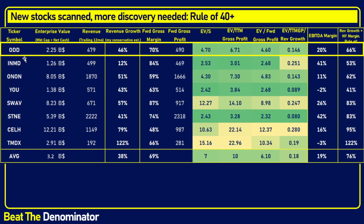So when I look at a company like Oddity, who for now has 2 brands, but who specializes in big data and using data to create new brands, and they have two more products coming, which we don't know what they're going to be, but they're working on 2 more products. What that tells me when I look at Oddity is I'm getting a company at a 0.14 on my metrics, so extremely cheap, less than 5 times sales. Revenue growth next 12 months is predicted to be 46%, high gross margin at 70%, and already EBITDA margin profitable,